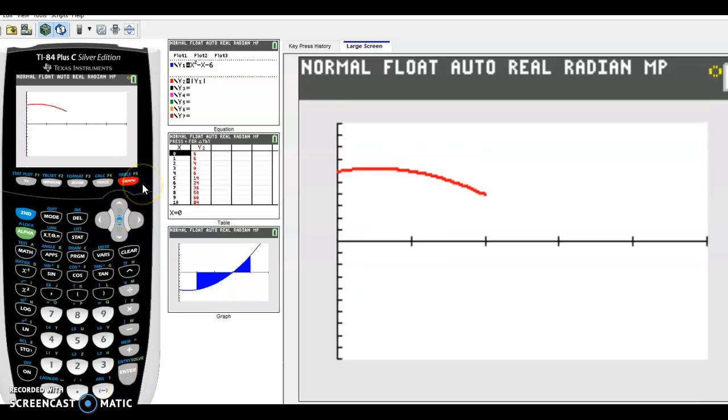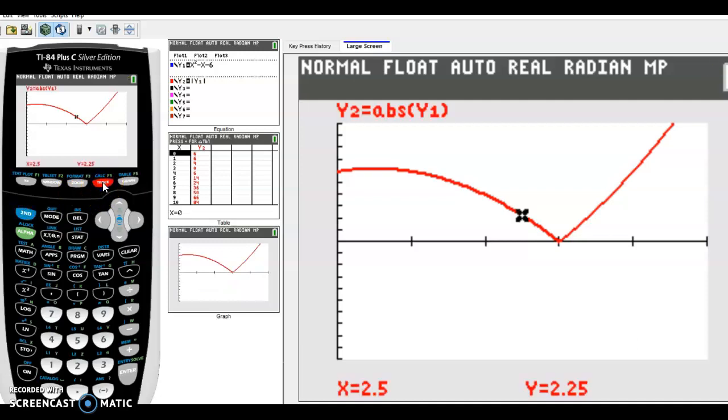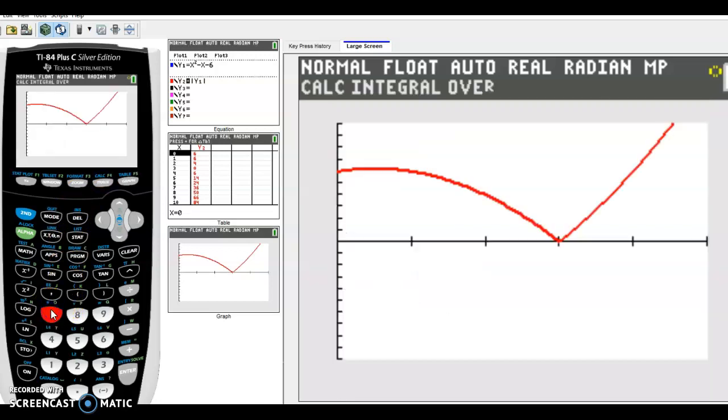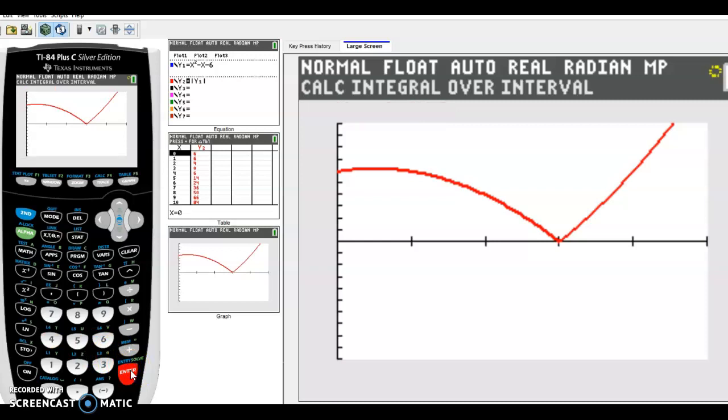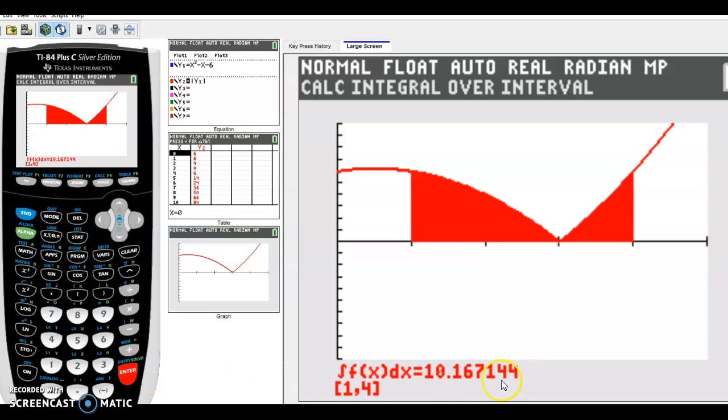So if I took the original curve and just took the absolute value of the velocity and then took the integral from 1 to 4, the calculator then gives me this answer. Now notice again, it should be 10.166666 repeating. The calculator is smart, but